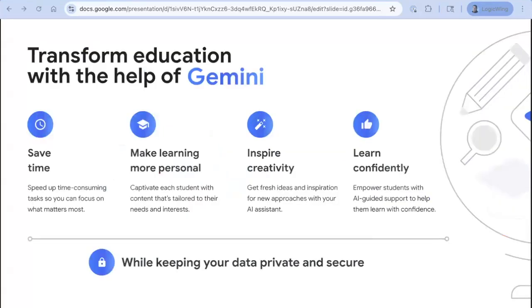So with Gemini, you have the ability to enable education leaders and educators to save time, speeding up tasks that are not core to their role in their schools or districts, so they can focus on what matters most. For students, it can help make learning more personal and captivate them with content that's tailored for their particular and specific needs and interests. It can help to inspire creativity,